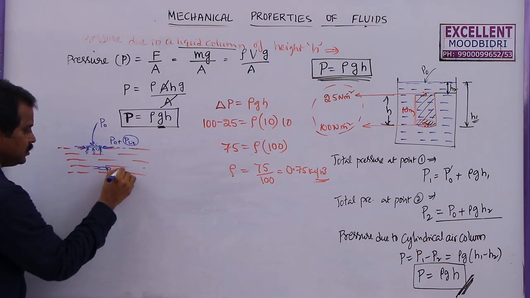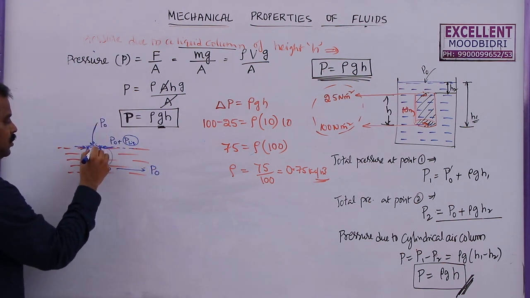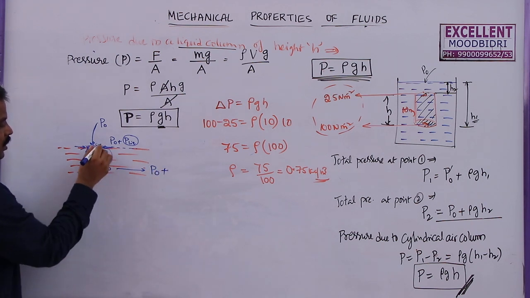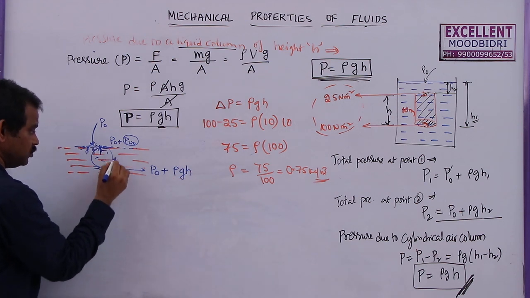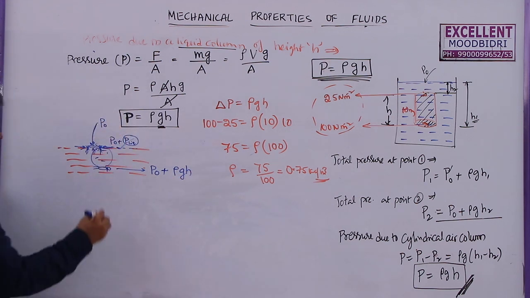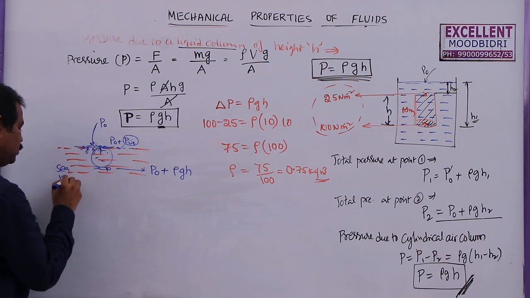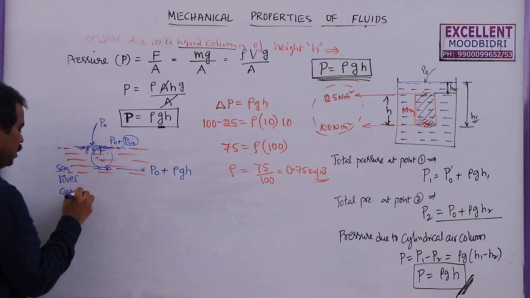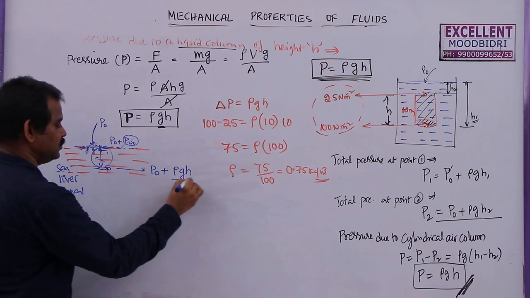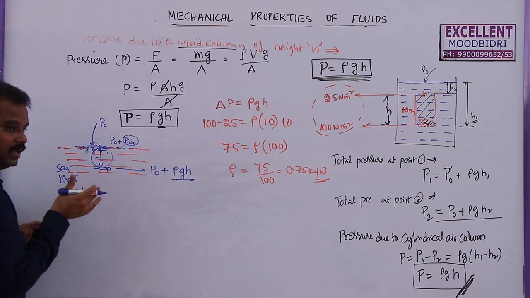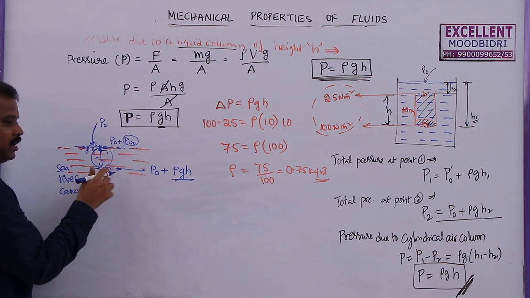But what about the pressure here? Here the pressure is the atmospheric pressure plus the pressure due to this liquid column which is present on the top surface of the person, which is given by rho GH. So when compared to the pressure on the top surface, the pressure inside the canal or sea or river, whatever it may be, even in a canal, as the height of the liquid column above the person is more, the pressure on the person will be more. That's why it is very difficult for any person to dive or to swim inside water at a depth.